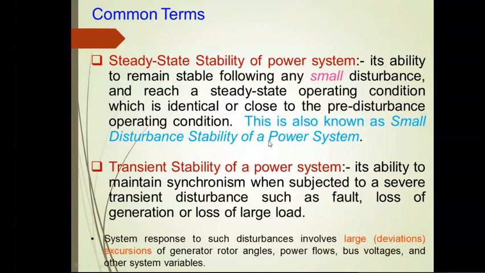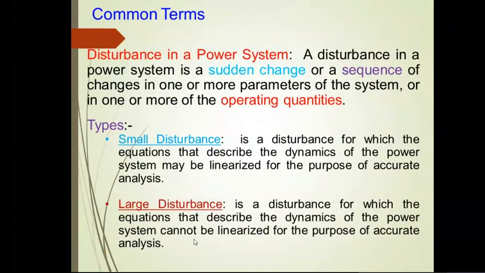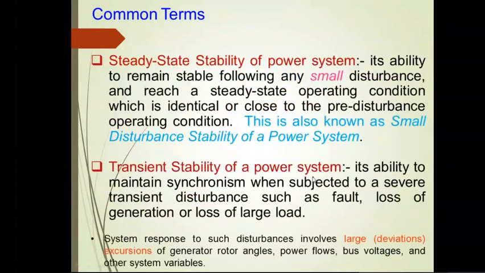This is known as the small disturbance stability of a power system. Then, as we discussed in the previous slide, we have a large disturbance. Following from that, we have another form of stability, which we call transient stability. Again, it is the ability of the system to maintain synchronism